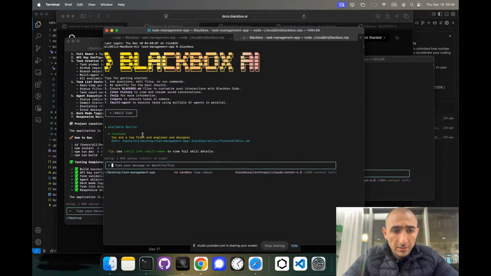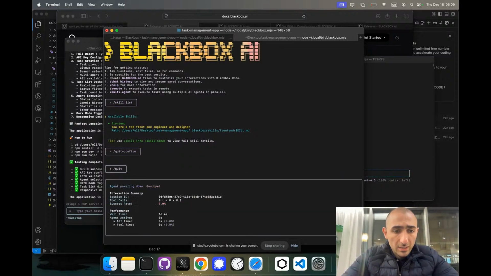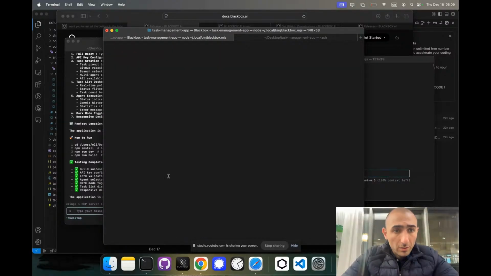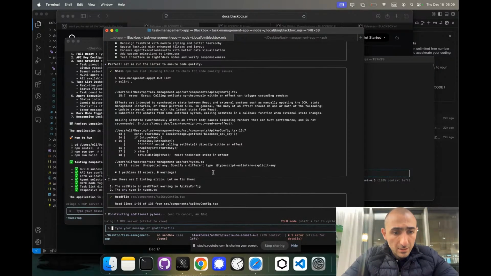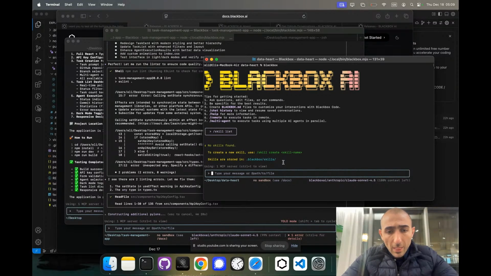We have the front end engineer and designer. So we can go inside of it and change it, update it as we're seeing it implement different tasks. So now this is the front end agent that is currently making the optimization. Here we have